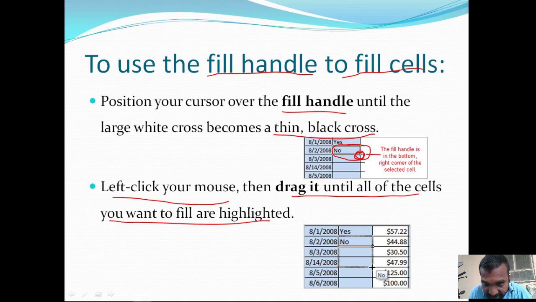Here you can observe this is the fill handle. It is a black dot that appears on the bottom right side of a selected cell. So move your mouse to that black dot and drag until the cells which you want are selected.